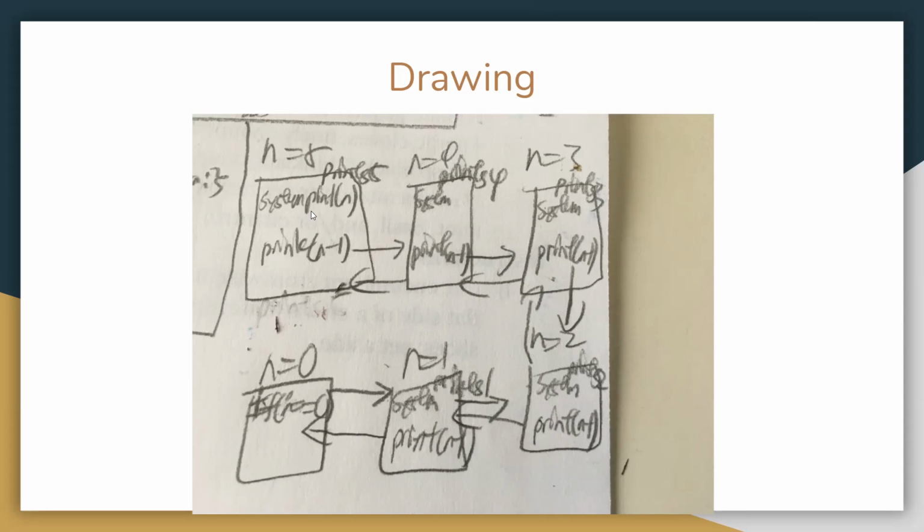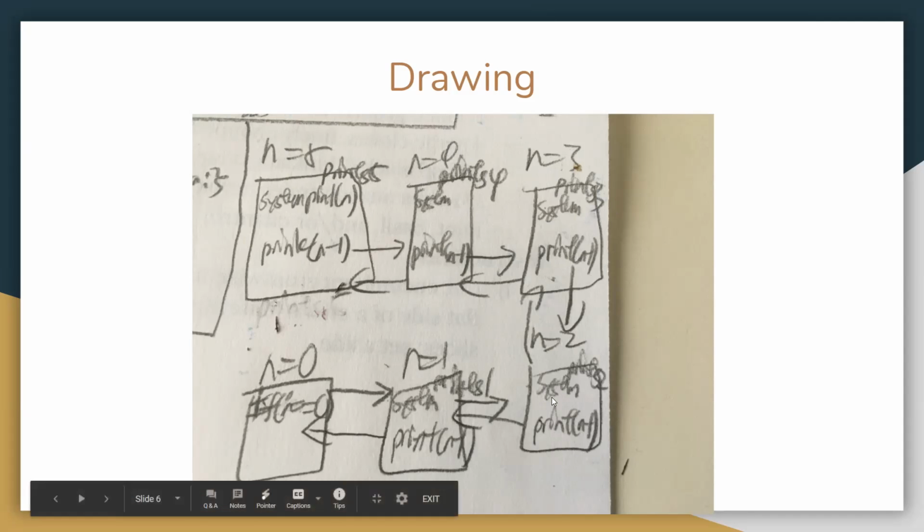Okay, so again, because it prints first, it prints out 5 here. And then you get to here when you're calling it. And then it becomes n equals 4. And similar to the other ones, you can probably see this prints out 4. And then n minus 1 goes to here, n equals 3. Prints out 3, n minus 1, n equals 2. Prints out 2, calls it again, n equals 1. Prints out 1,